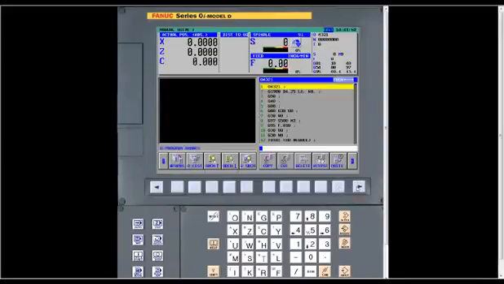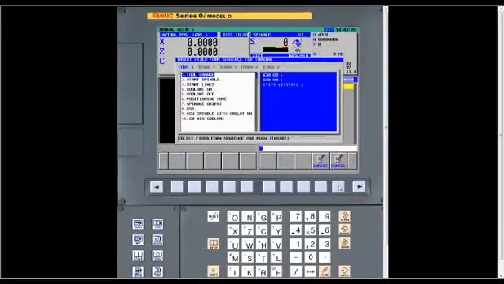Now at this point, we want to go over our fixed forms. We want to talk about our fixed forms. And when you first go into Manual Guide I, this is your typical first screen in Edit. If you go right shift, and there's a soft key fixed forms. And it takes you into the fixed forms that usually this might be empty in your machine. And it's critical that you go in and set up